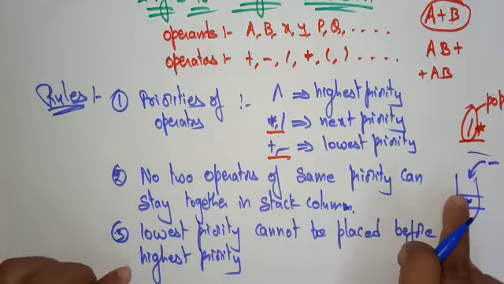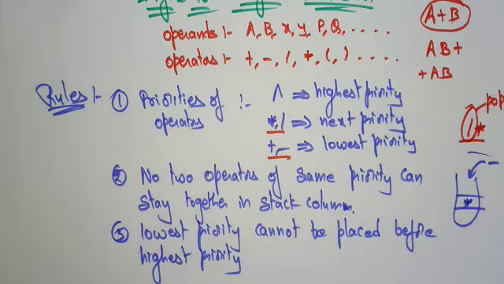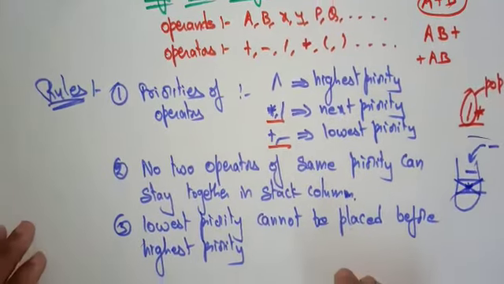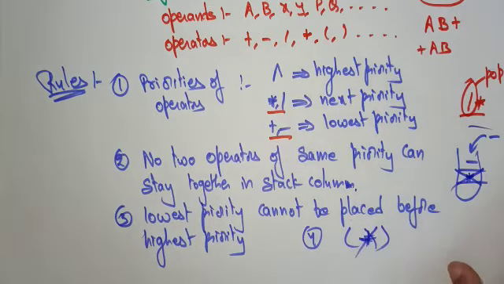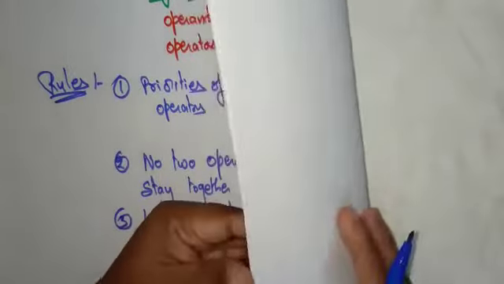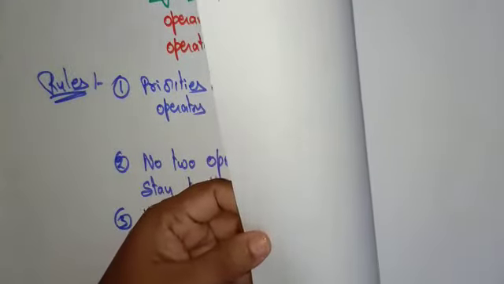If I place minus here, the star cannot tolerate the lowest priority on top of it, because it is the highest priority. In that case, before placing the minus, first pop this star and place minus on the top of the stack. So this is another rule you need to follow. And one more thing: if any operator is placed in between the closed and open braces, just pop that element. So remember these rules, and we are applying these rules in the example. Let's see how you are going to solve this.